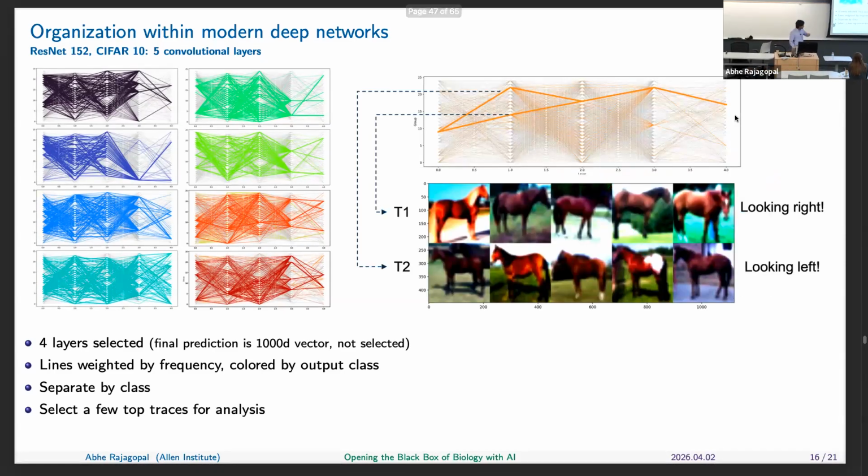But importantly, I can pull out some of the classes, and so here's an example from the orange class, which happens to be horse, where 2 traces both end up in the horse prediction. But if I trace all the examples that correspond to this top path, and I trace all the examples that correspond to this bottom path, I find that they are phenotypically very clustered. For example, in the first trace, all horses are looking right, and in the second trace, all the horses are looking left. It's really surprising. This is how the network is encoding that information, right?